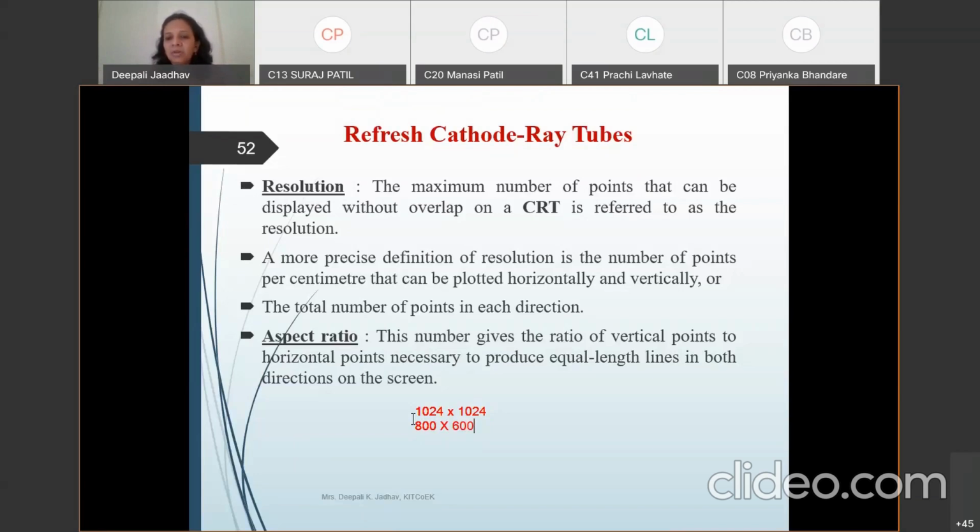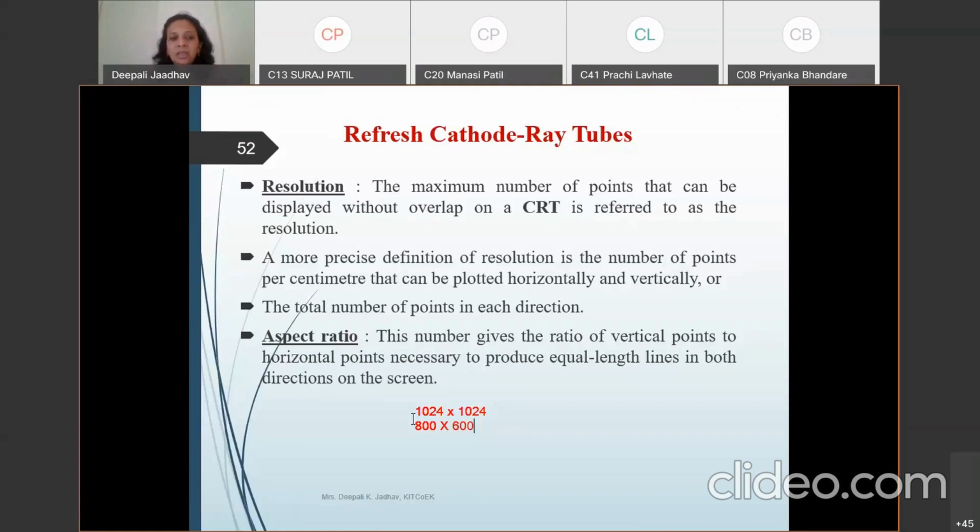So the maximum number of points that can be displayed without overlap on a CRT is referred to as the resolution. It means the number of points per centimeter that can be plotted horizontally and vertically. 1024 by 1024 means 1024 horizontally and 1024 vertically, the total number of points in each direction.